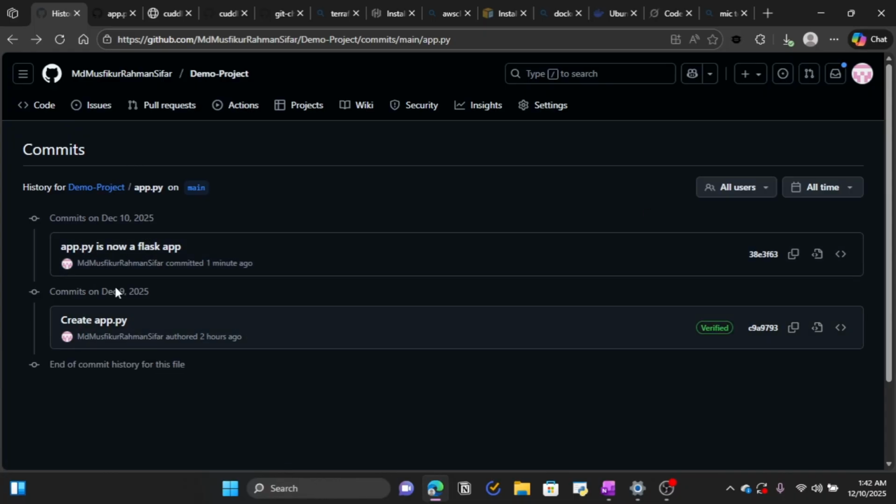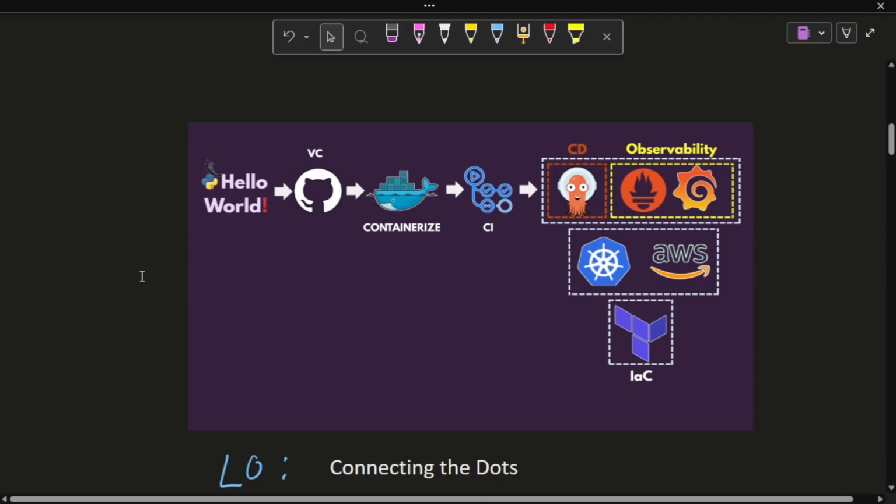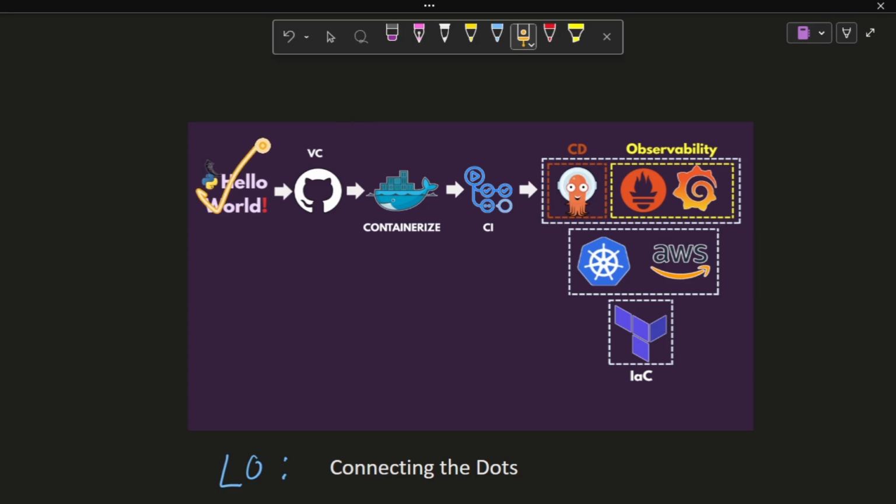And here you'll see all of the commits. So guys, we are done with this step. We will continue to make progress, and after each step we are going to commit, and you will see all the history in our version control tool, that is GitHub. Clear? Okay,